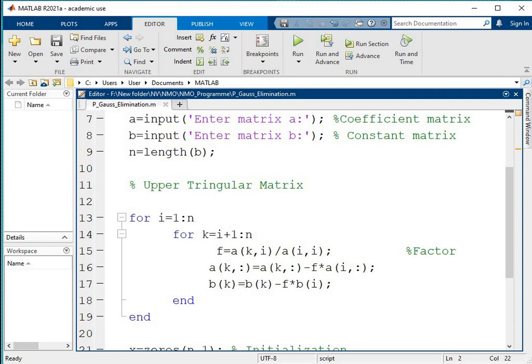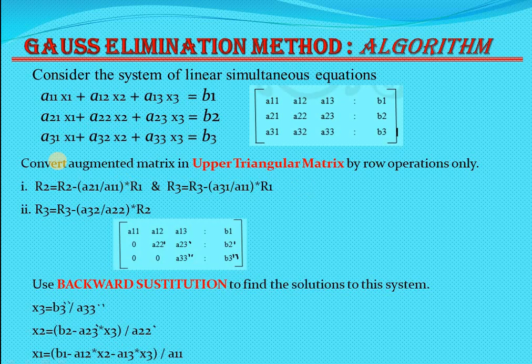To convert the matrix into upper triangular form, we are using the row operations R2 = R2 - (A21/A11) R1, and R3 = R3 - (A31/A11) R1. Here R2 and R1 are the row numbers, and A21 divided by A11 is nothing but a factor. Similarly A31/A11 is a constant factor, and A32/A22 is again a constant factor.